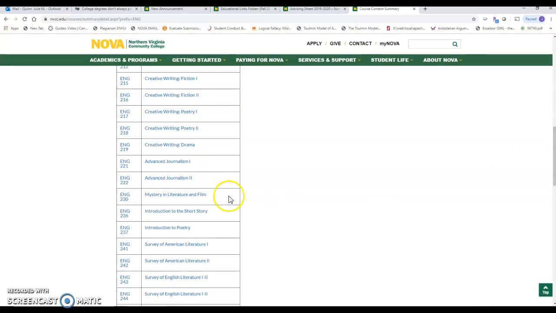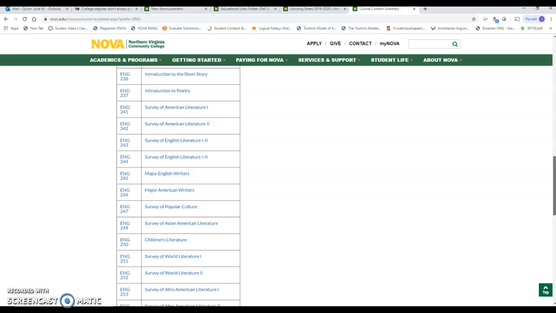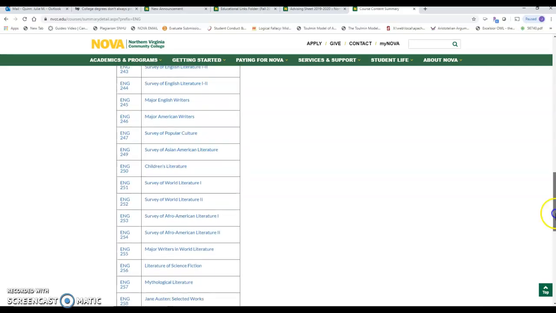English, you'll notice some of these classes say introduction to the short story. They don't specifically say literature. One says introduction to poetry. Some are on journalism. So there are 200 level classes, but they don't specifically state anything with literature in their title. And so you have to